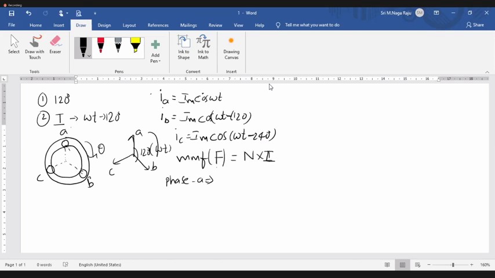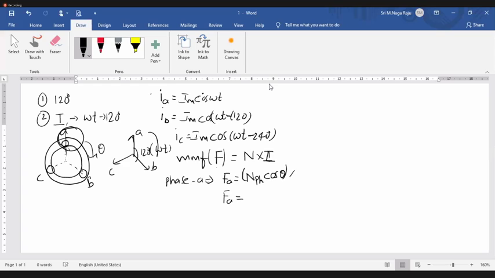the MMF is, let us denote with FA, number of turns into current. So what is the number of turns? For example, per phase N number of turns cos theta. See here, I'm rounding up here. This is the phase A. Reference angle is theta. Fine. Now the MMF produced from this is the number of turns into current. What is the current? IA.